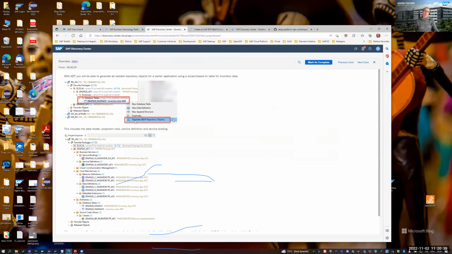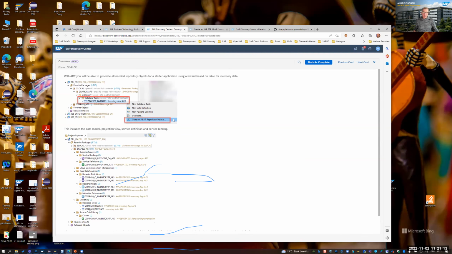And then there is a new option in ADT that allows us to generate ABAP repository objects, those needed to build a so-called RAP BO, a business object based on the ABAP RESTful programming model. What you will then see is that several objects are going to be generated